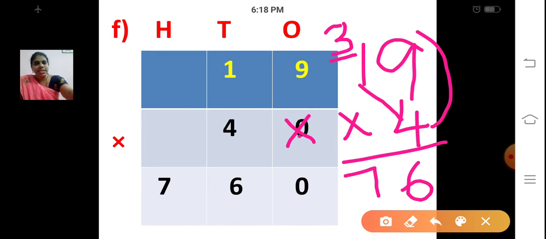So this 0 you write at the last. Where will you put that 0? If it is multiplication by 20, 30, something like that, you just have to count how many zeros are in the question. Here we have only 1 zero. So that 0 you write at the last of this answer, to the right of this answer.